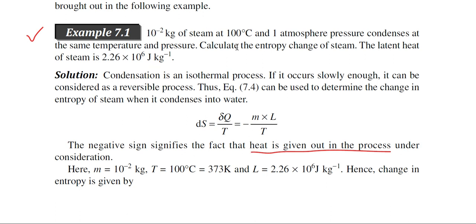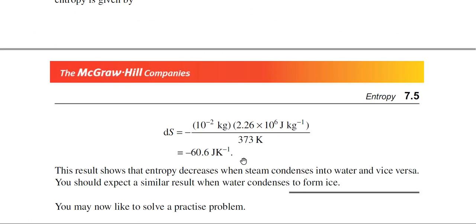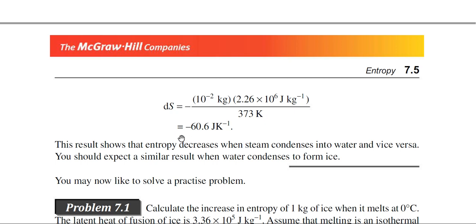Temperature is 100 degree centigrade, which you have to convert into Kelvin unit. I must say that students should take care that the centigrade unit is converted into the Kelvin unit, because in the formula this capital T denotes the temperature in Kelvin. Students often make mistakes, and sometimes they forget to convert the temperature into Kelvin unit. So, take care of this unit conversion. You have to convert the centigrade unit to the Kelvin unit and put all the values in this particular formula, and you can easily calculate the change of entropy. You see that there is a negative sign in the change of entropy.